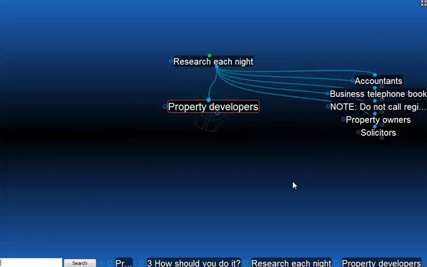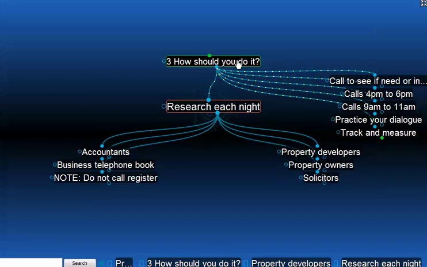Property developers are always available and in the market looking for opportunities. That being said, they will only act when the checks and balances are there as far as the margins on any new property development, from the purchase of the land through to the construction phase and also the leasing and sales strategy that follows. So property developers come and go from the market. It is worthwhile knowing them and working with them. So researching each night is quite a relevant strategy. You do need to do it.